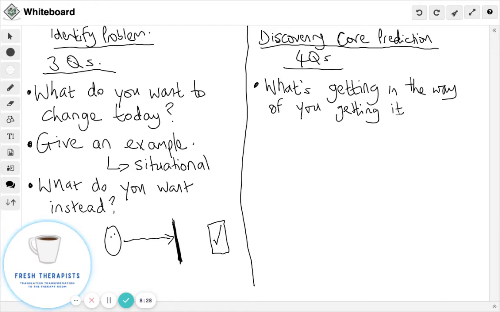Most changes we just get. I'm thirsty, my glass is empty, I'll go and fill it up with water. Now I've got a full glass. That's a change, and it's a mundane change. But this one's not so mundane. So what's getting in the way of you getting it? And this is often rather some kind of scare. So that leads to the next question, which is this one.